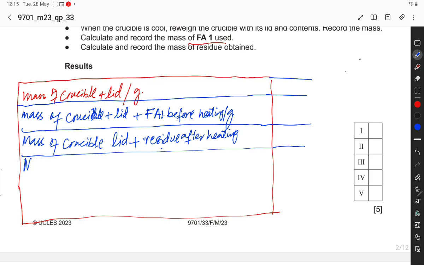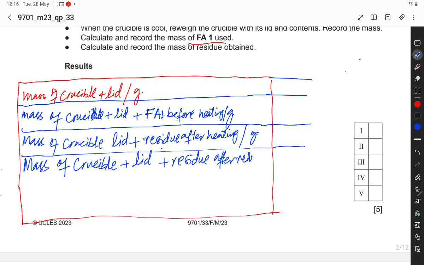Mass of crucible plus lid plus residue after heating. So write down the unit everywhere, because otherwise you can't get marks for this table. After reheating,